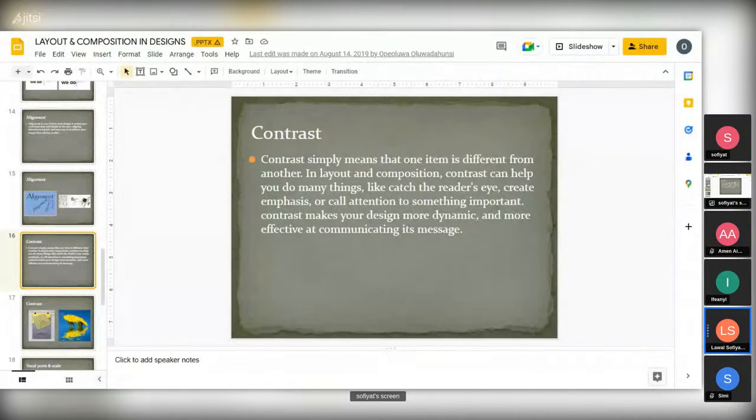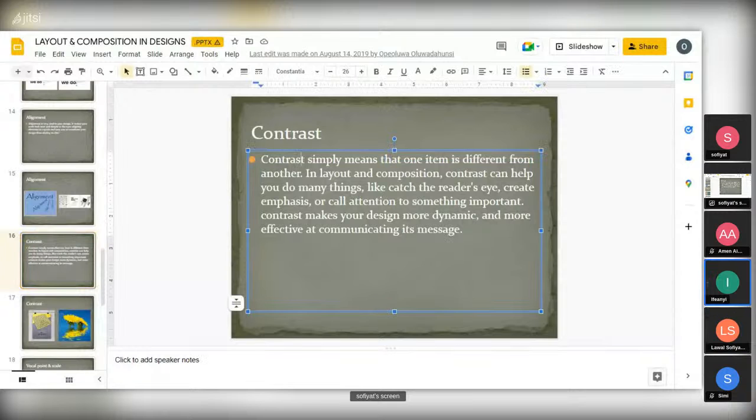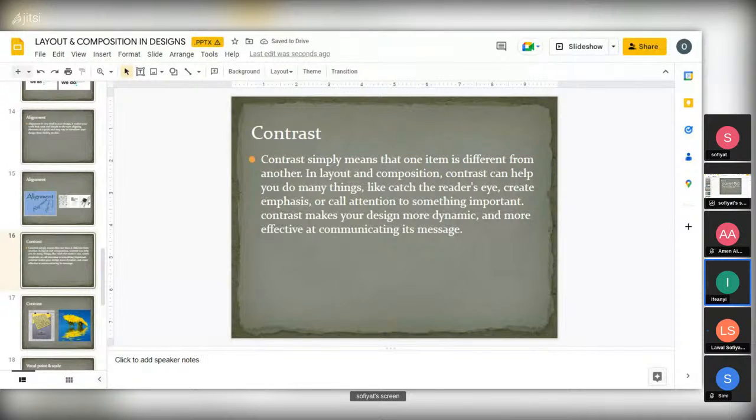This is contrast. So what do you know about contrast? Contrast is the concentration, like, how would I put it? Putting concentration on the most important thing so that you enter the design and can easily access it before looking at the other things. So contrast is just the difference between things.